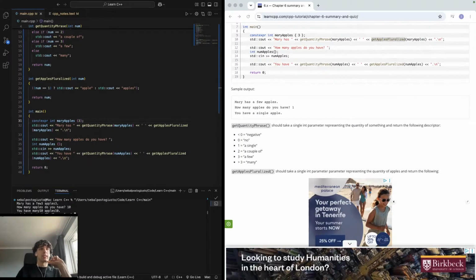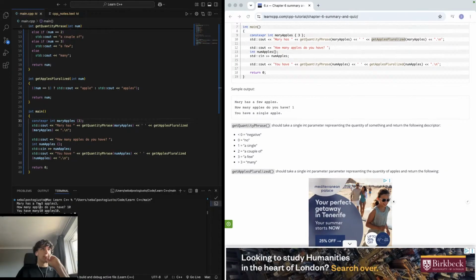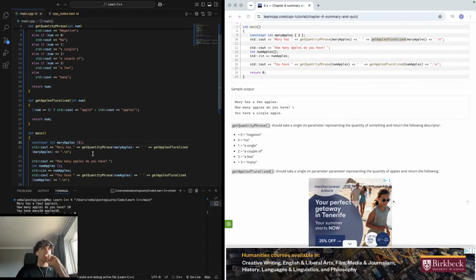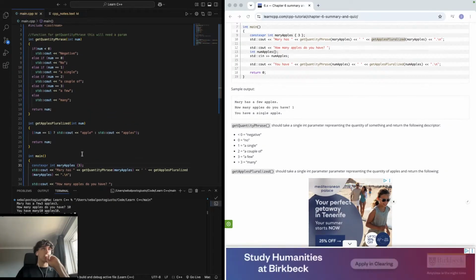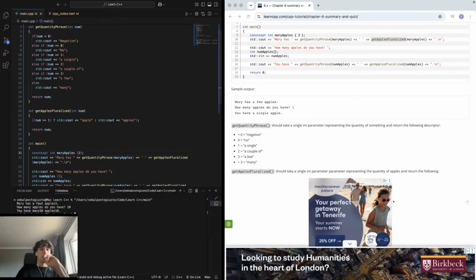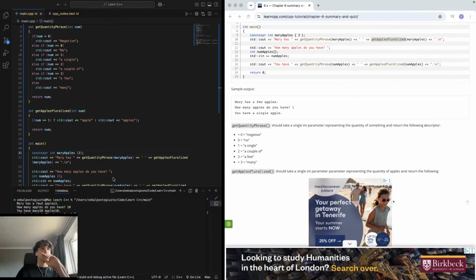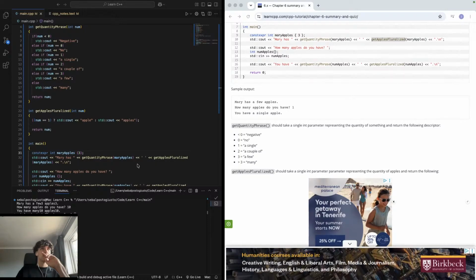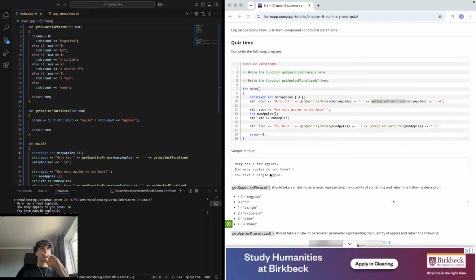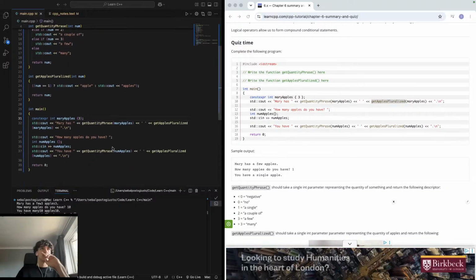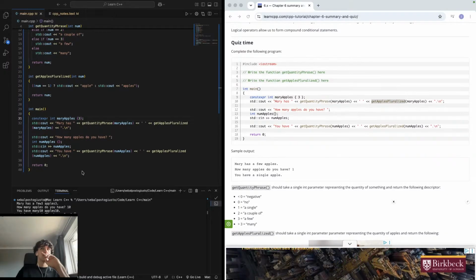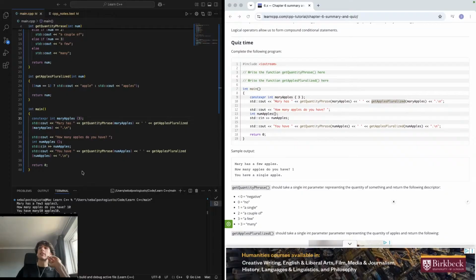So we're getting the output correct, but we're getting few and then 3. So that means we need to